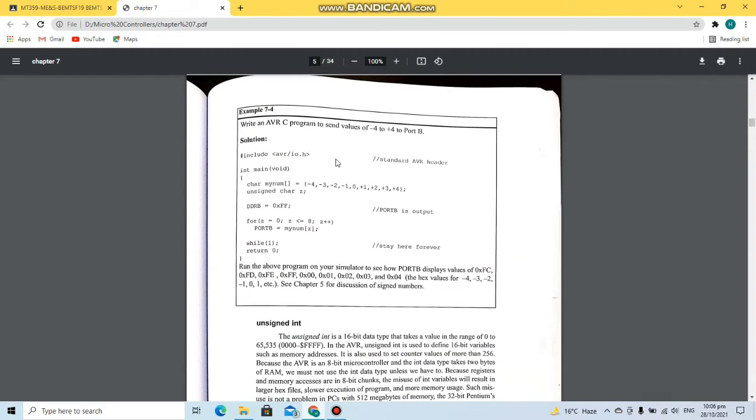Now in example 4, we are writing an AVR C program to send values of -4 to +4 to port B. So again we have included an input output header file, int main, and then in the int main we are again creating a character array in which we are placing all these values from -4 to 4. So -4, -3, -2, -1, 0, 1, 2, 3, 4. Again unsigned character Z for the for loop, and setting the port B output direction, and then in the for loop we are